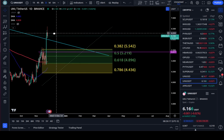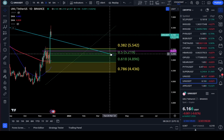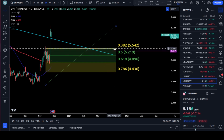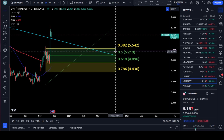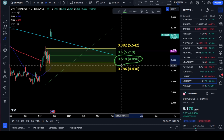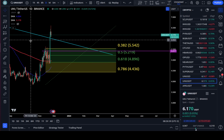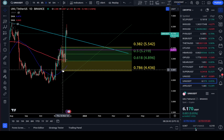Now, because we did the fib retracement, we can see that this potential support is going to be between the 0.382 and the 0.5 fib retracement. Once again, the ideal retracement is going to be the 0.618, but life is not ideal, so we need to take whatever we have. So now on the daily, you can see that the